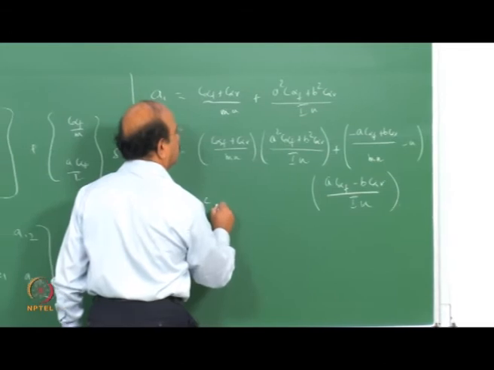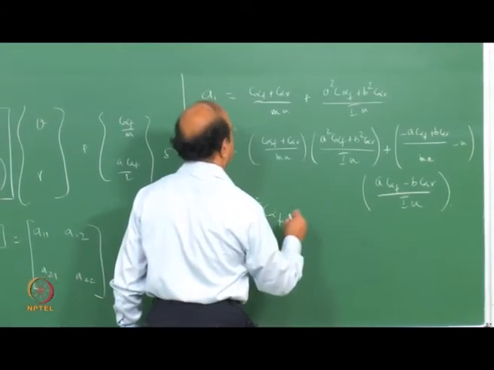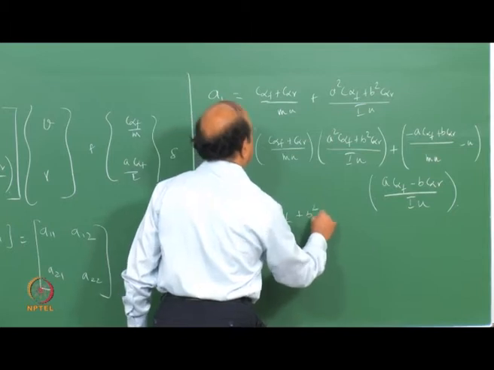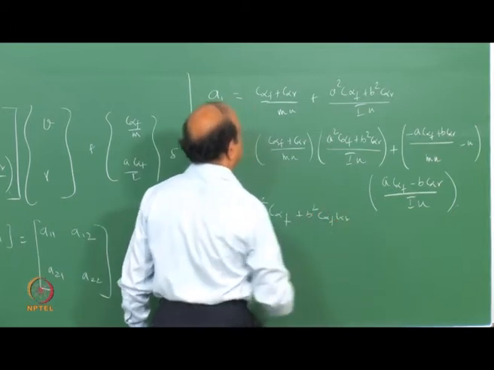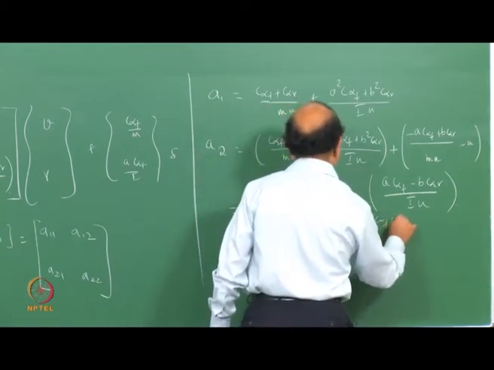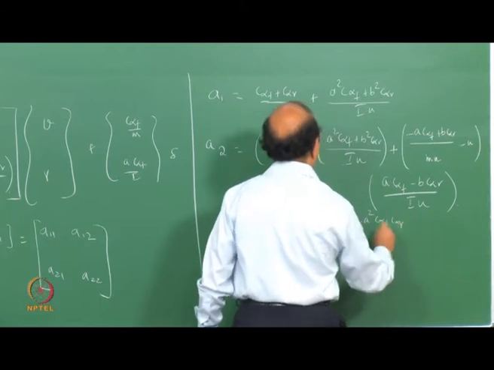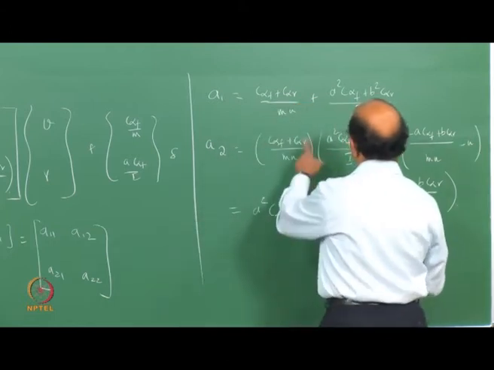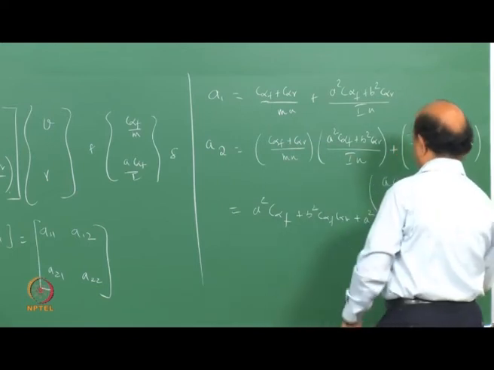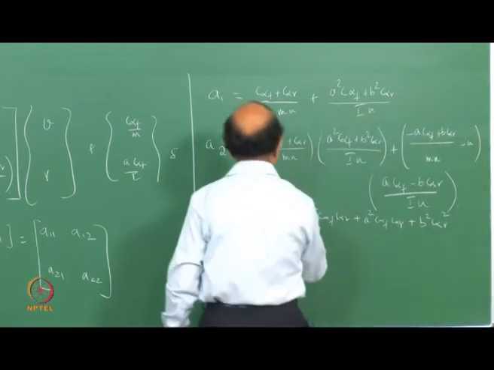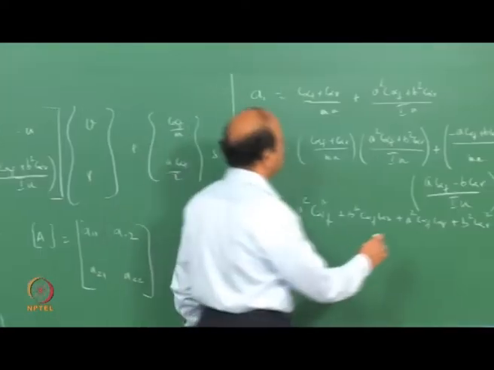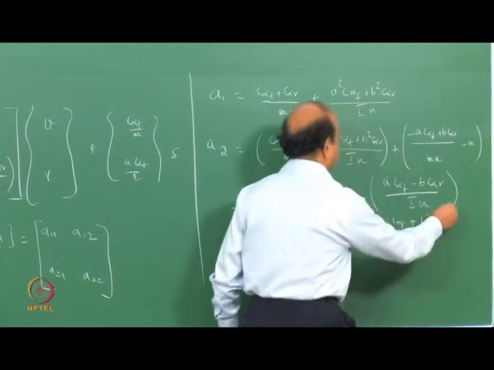A squared C alpha F first term plus B squared C alpha F C alpha R plus A squared C alpha F C alpha R plus B squared C alpha R squared. So that's the expression,